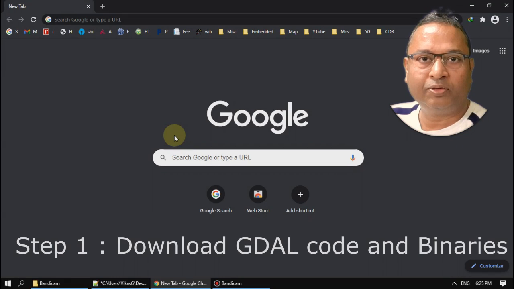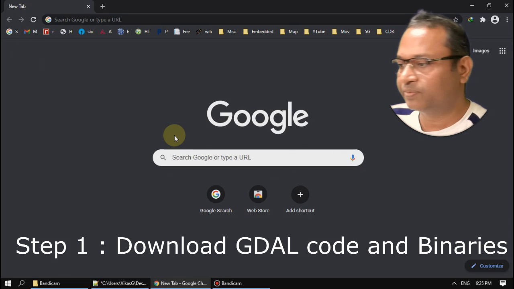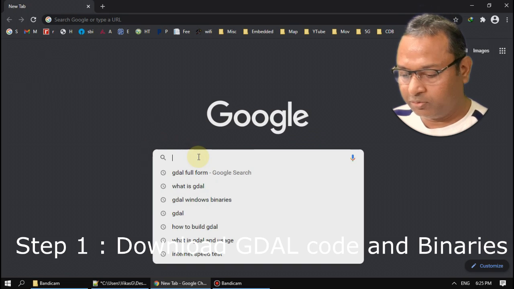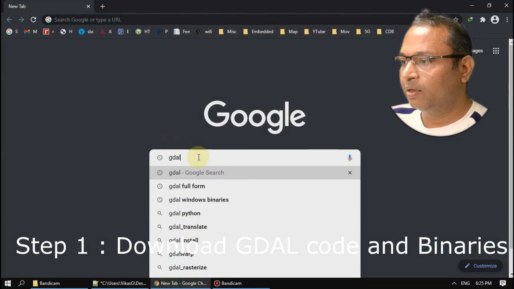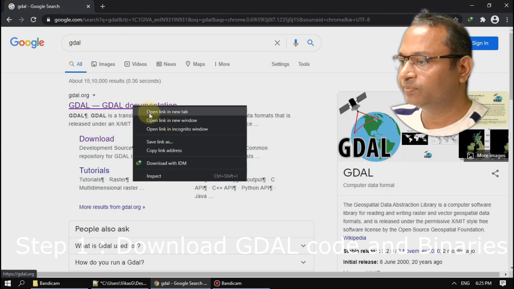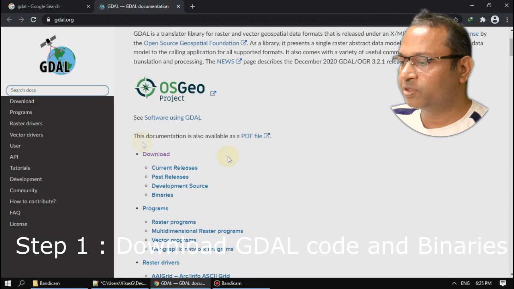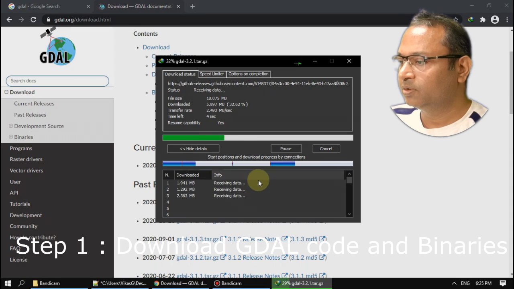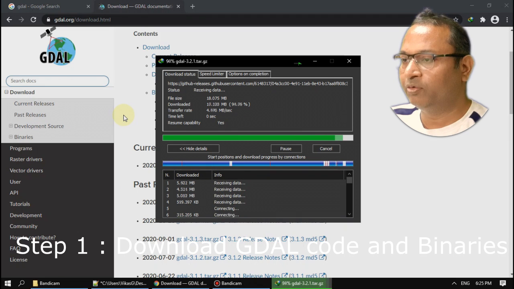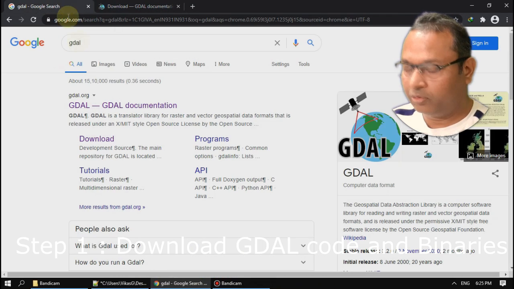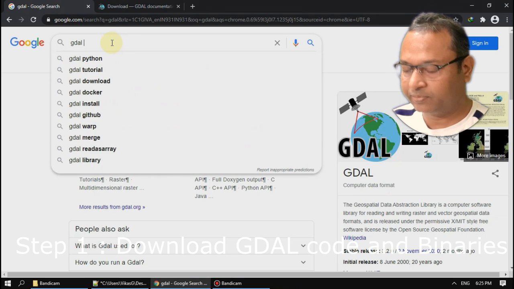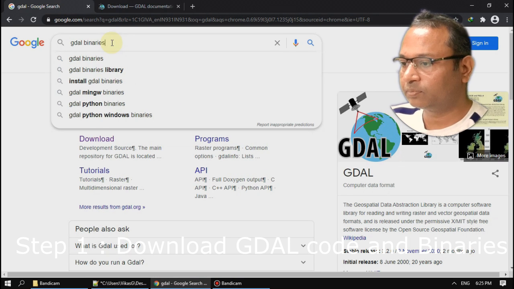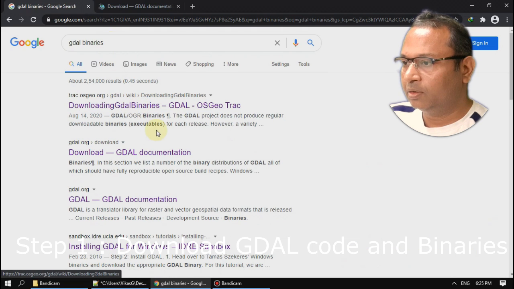Step number 1 is to download the GDAL code and its binaries. Simply search on Google for GDAL, and from this site go to the download options and download the latest source. This is the source code which I have downloaded. Now next, download the GDAL binaries. Click on the first link